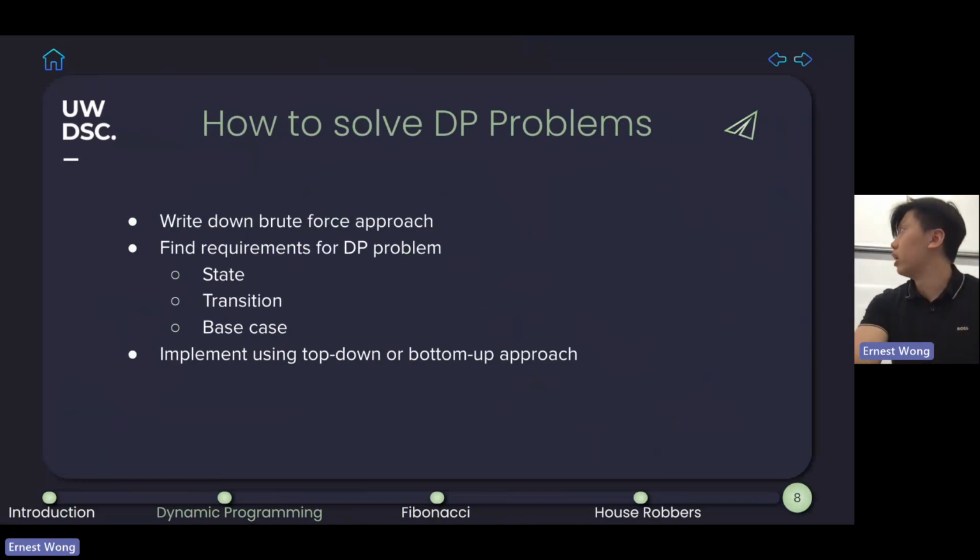This is the framework I've made for solving DP problems. The whole premise is that first you want to solve the problem using a brute force solution. That just means the worst time complexity, probably going through every single combination, trying to see either what the optimal solution is, or, for a counting problem, how many of a certain thing there is.